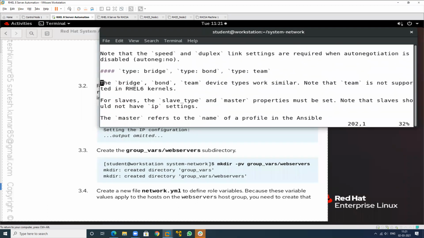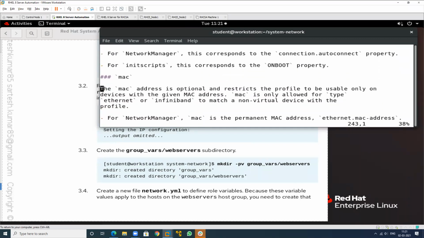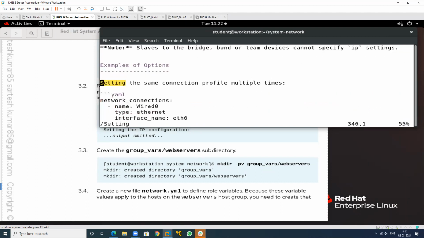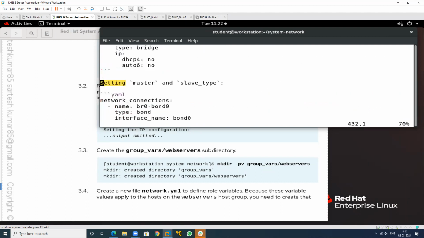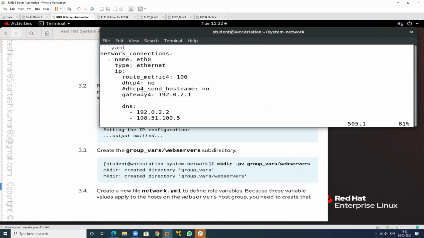Okay, so I just check for setting. Where is setting? Then the next setting, this one. This is the setting of the IP address configuration. This is the name, this is the type, IP, and this whole thing will cover it.